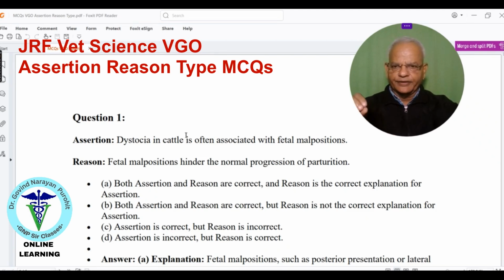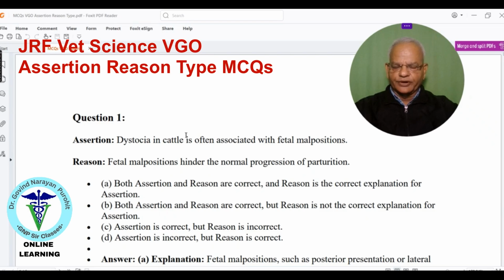So we are providing some assertion reason type questions in VGO Unit 1, 2, and 3. And then we will be discussing the match the following type of questions in VGO and other types of questions in VGO. So here is the question. Question number 1, assertion: dystocia in cattle is often associated